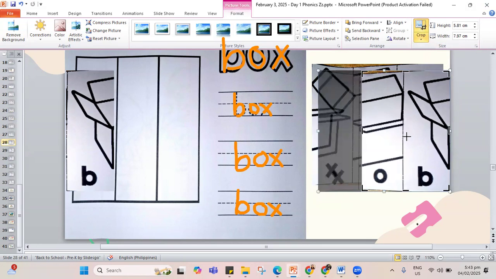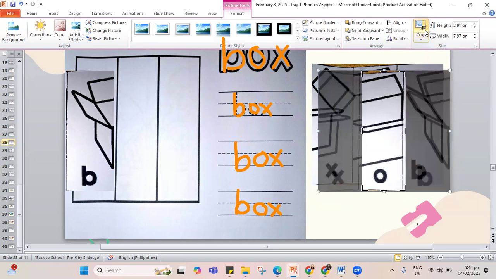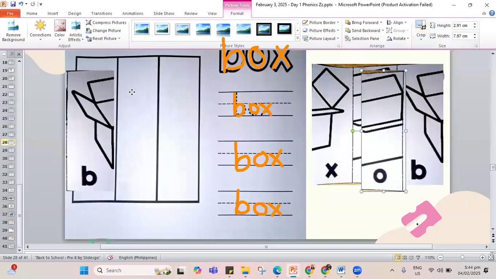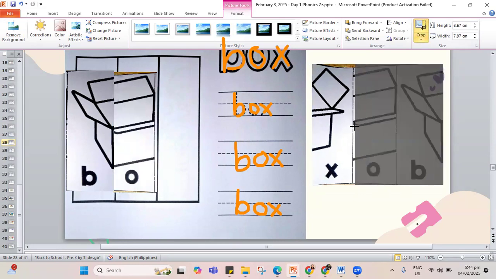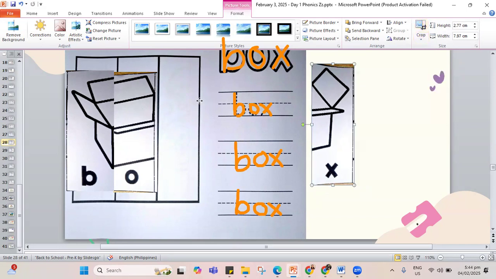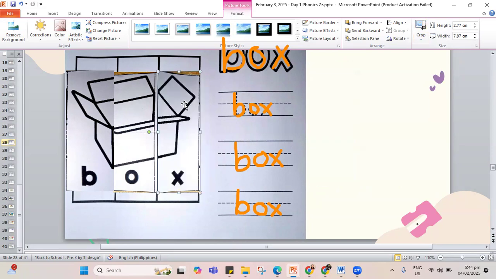O. Let's fix this one. There's O. And at the end, to make the word box, you have to end it with the letter X. Box. Okay, so we have our box, an empty box, B-O-X, box. Let's erase this one, done with box.